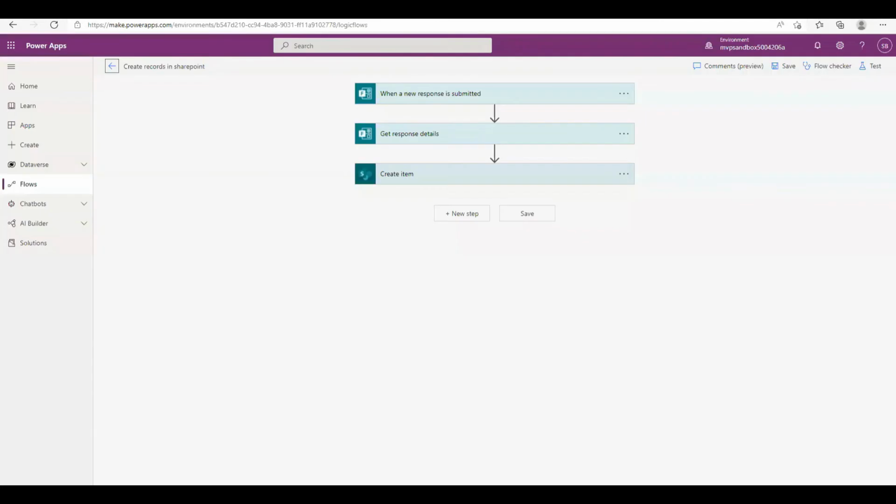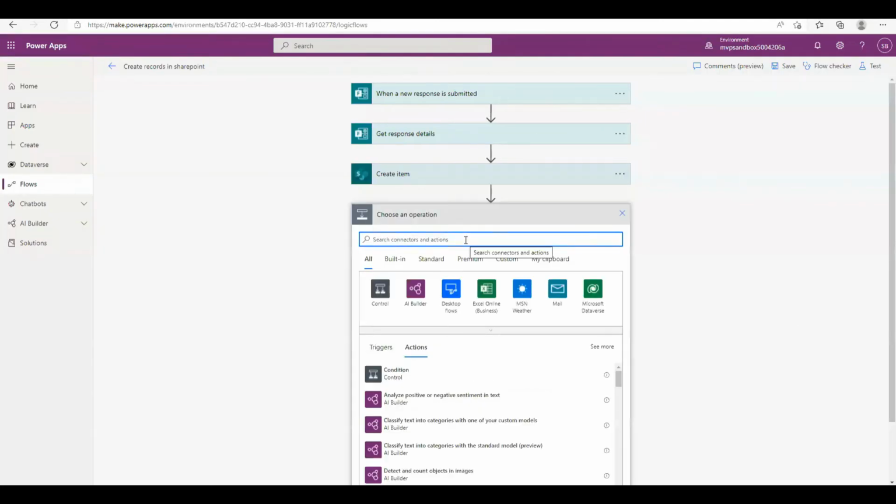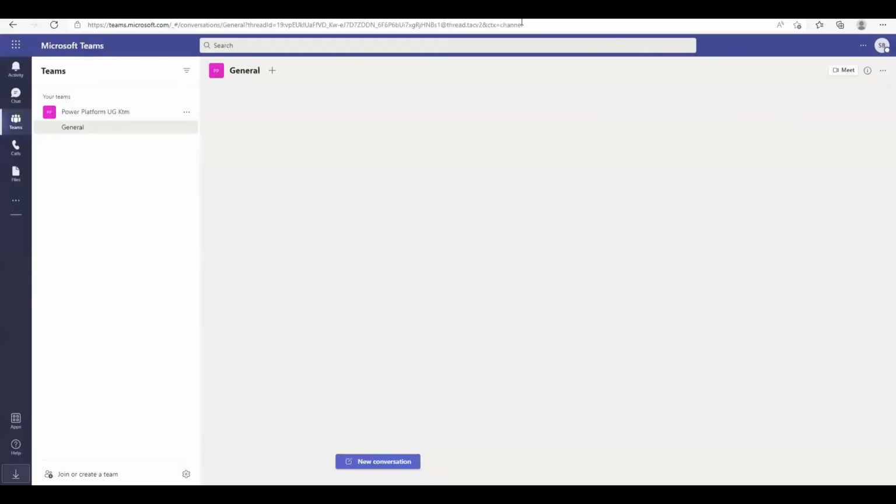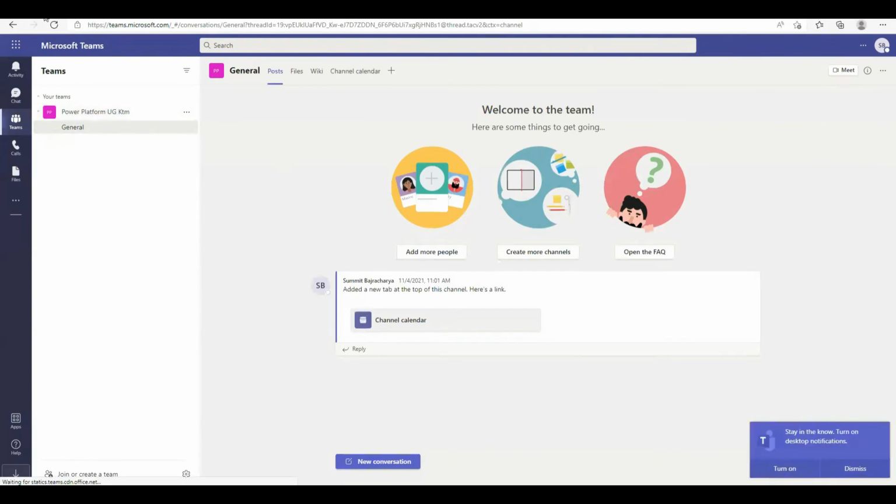So for that, there is another action called post a message. So we can use this post a message in the chat or channel,